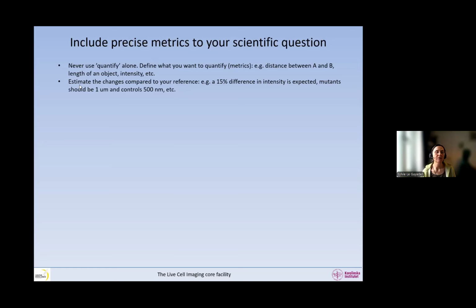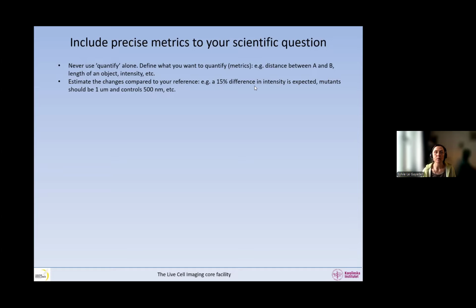Also, remember that we want to estimate the changes compared to a reference. Very often in biology, we are not after absolute numbers, but we are comparing things to a reference. It's because having absolute numbers is very challenging, and sometimes it's not representative of a whole group.